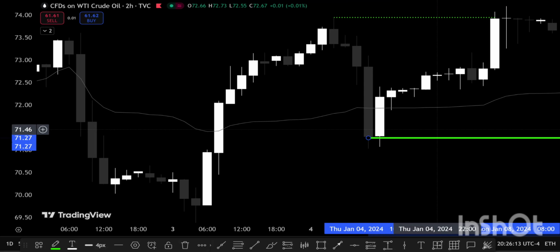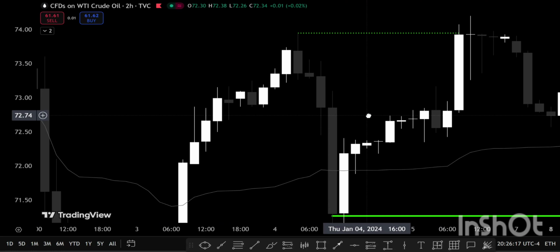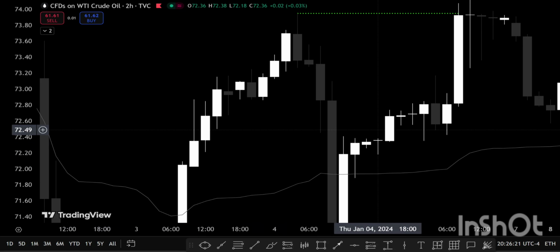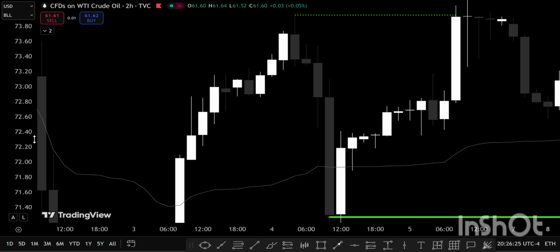Unless price can prove it can close below here, you need to hold your long. You don't necessarily have to use an EMA and all that. It's just damn common sense. You can see, right? I mean,